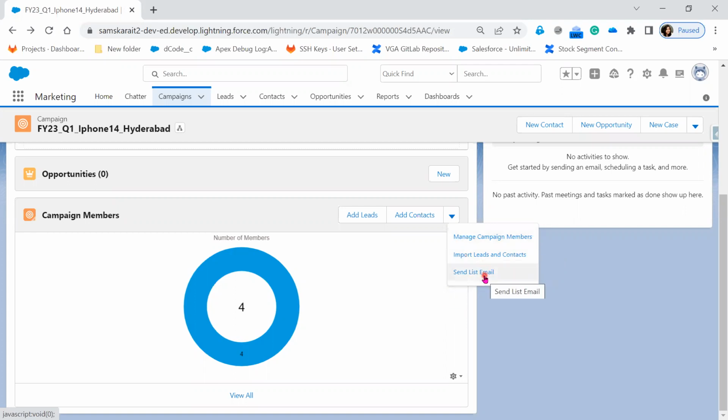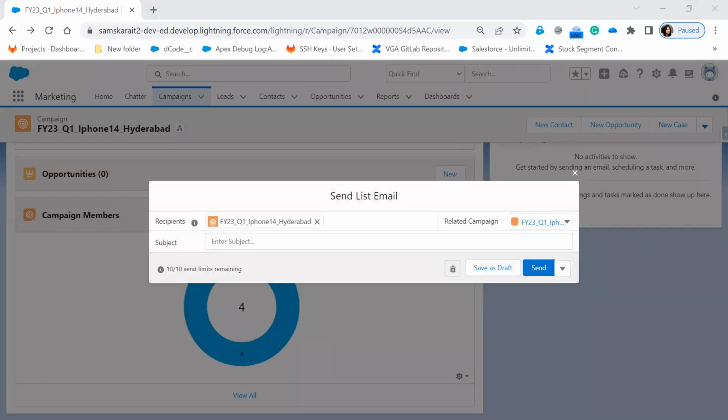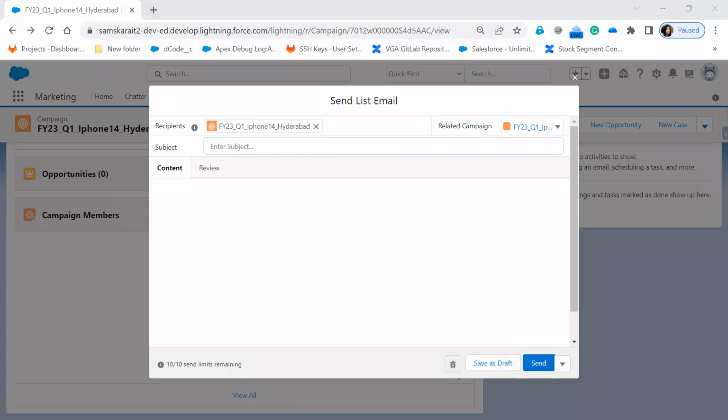Now here, one more option, Send List Email. Now I wanted to send an email to all the campaign members. These are the campaign members who I know are interested. They are interested to know when the campaign is going to happen. So I'll say that,